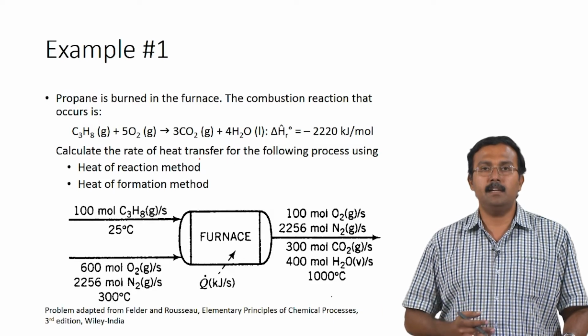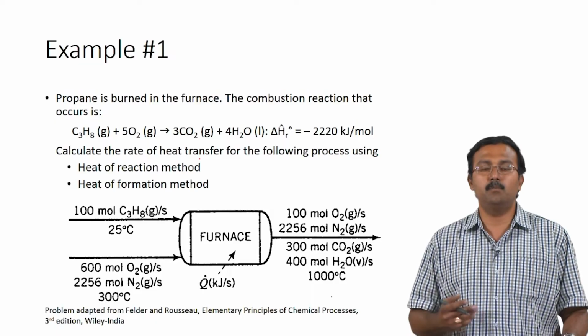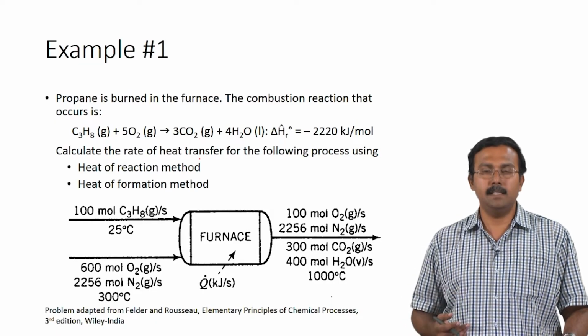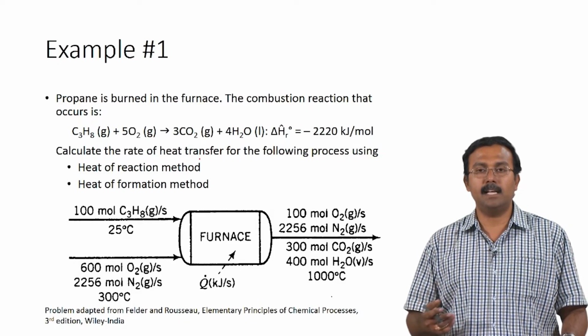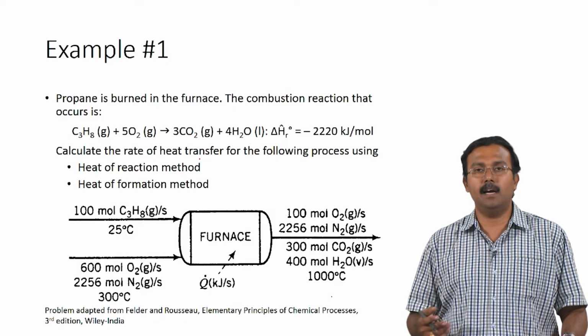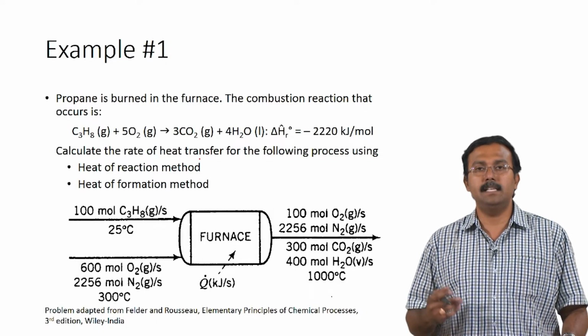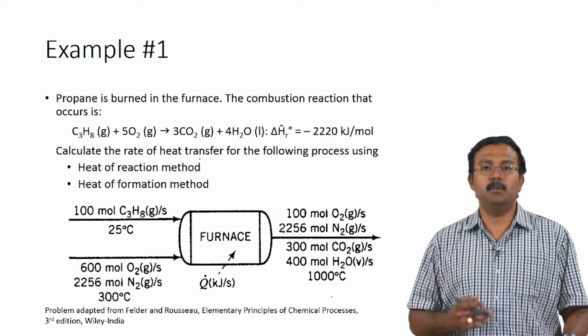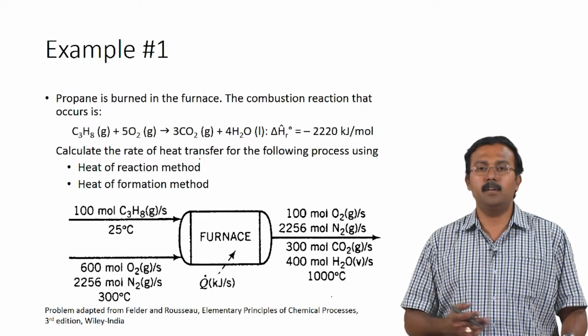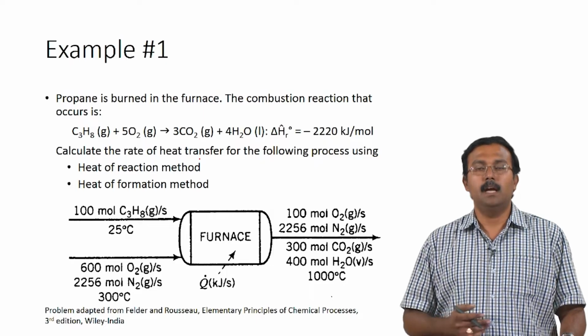You also have 300 moles of carbon dioxide and 400 moles of water vapor which are leaving per second. So, this exit gas, which is the gas produced after combustion, these combustion gases are leaving at a temperature of 1000 degrees Celsius. So, now the question is to identify at what rate heat must be transferred for the following process, and we